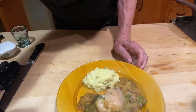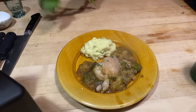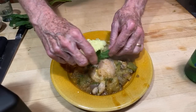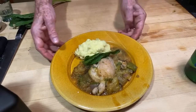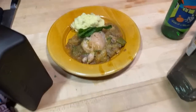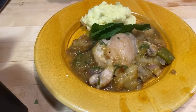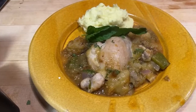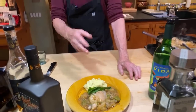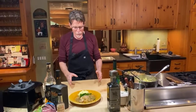I just can't go without having some kind of a green thing here. So even though we didn't cook it with this beautiful epazote that I have, I think a few leaves of something green in there will finish that off very nicely. A very simple presentation, but it's one that I never tire of because, man, it's like having those potatoes against the tangy fruitiness of that sauce, and then our browned and braised chicken thigh, or if you have the whole